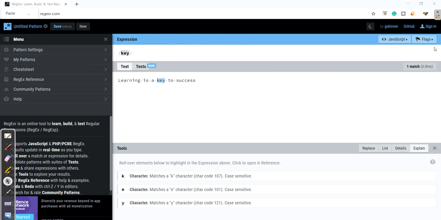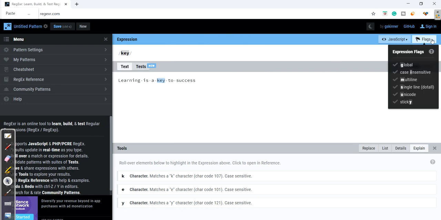Here we have flags. The first is global, with which we will get /g. If I uncheck it and click on case insensitive, we will get i. If I uncheck it and click on multi-line, I will get m.